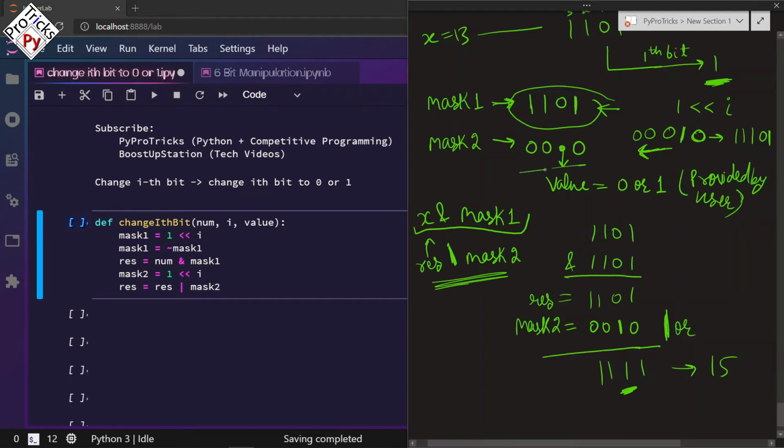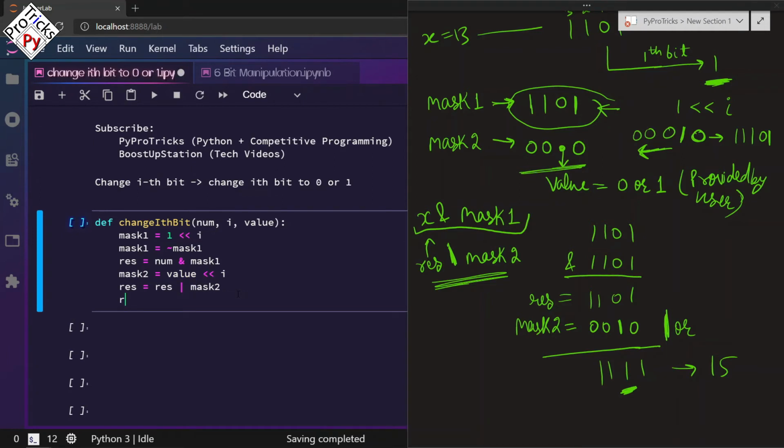As here you can see, we only need that value. So we are not going to use 1 here. We will be using value here because it can be 0 or 1, right? And that value will be placed at the ith place. All others will be 0. Now we just have to return the result.